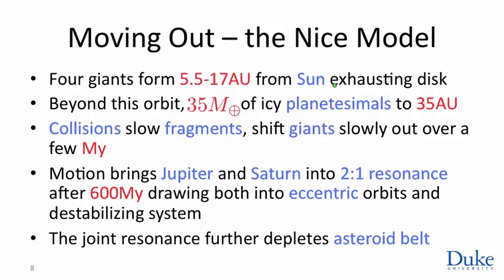Now, over time, it seems that probably Uranus was formed farther from the sun than Neptune, and they crossed. So Uranus will encounter some of the inner part of this disk. When Uranus, which is in an inner orbit, meets these fragments in the outside of the disk, it slows them down, shifting them inwards, and acquiring a little bit of their energy, it shifts slowly outwards. Now this is a very slow process because planetesimals relative to Uranus's orbit doesn't change much,